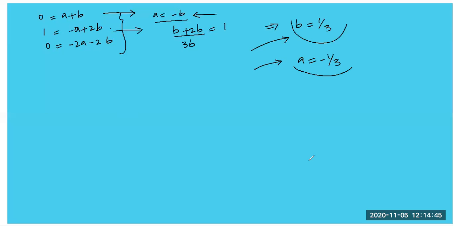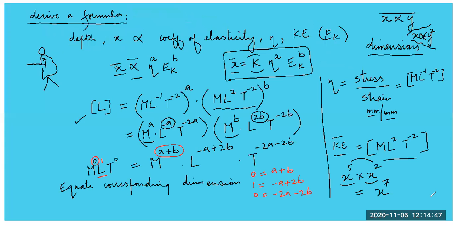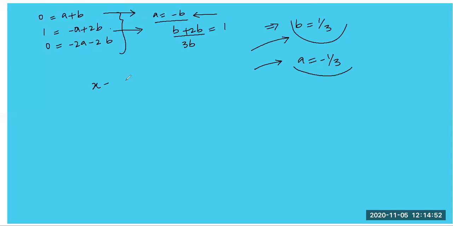So what will be the formula? We had written the formula, write down again. x is equal to a dimensionless constant, eta raised to power A, then kinetic energy raised to power B. So x, that is depth of cut. You can say not cut, but depth of penetration. That's a better word. How much the bullet will penetrate in the body would be equal to,